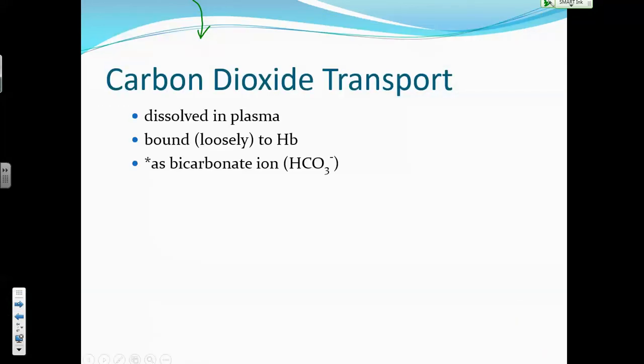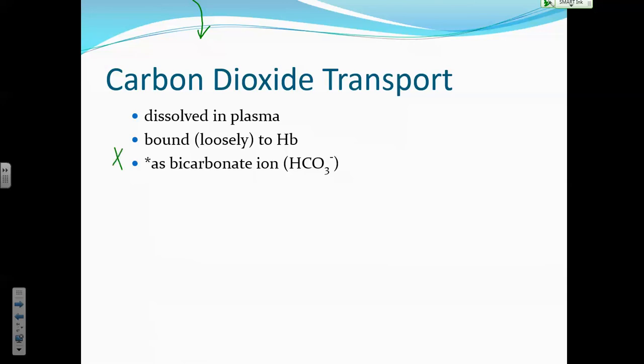All right, now how does CO2 get transported? Like oxygen, some is dissolved in the plasma, but not a whole lot. Some of it actually moves into your red blood cells and also binds to hemoglobin, but it's not like carbon monoxide binding, because it doesn't bind to the same place the oxygen would bind. So it doesn't interfere with oxyhemoglobin. Okay? So it's okay. And it lets go of that.